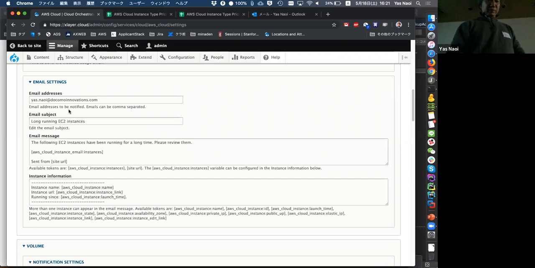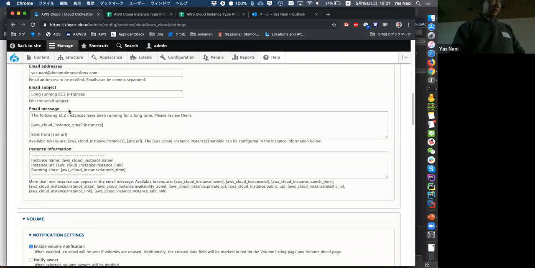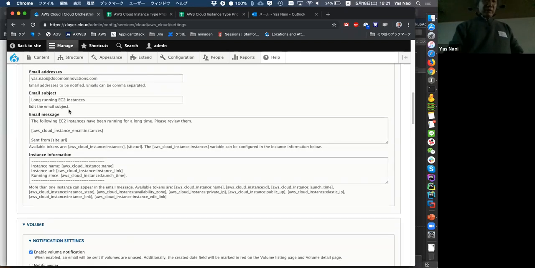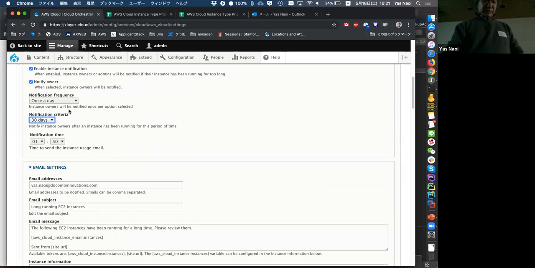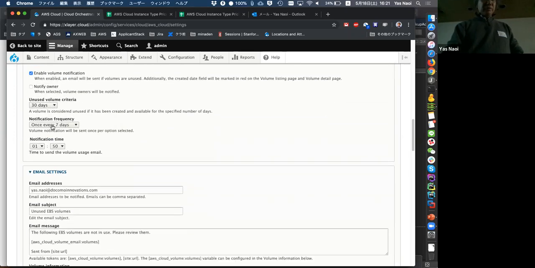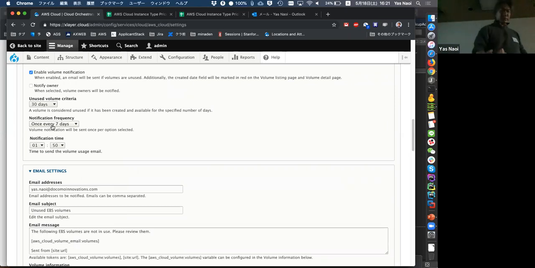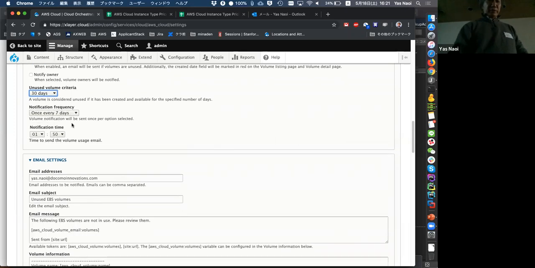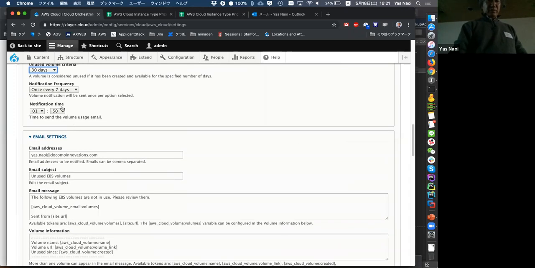And we can also receive notifications about unnecessary EBS volumes. That means the volume information: if the volume is not used for 30 days, which is configurable, or half a year or 1 year, and we can select the frequency of the notification with the time.